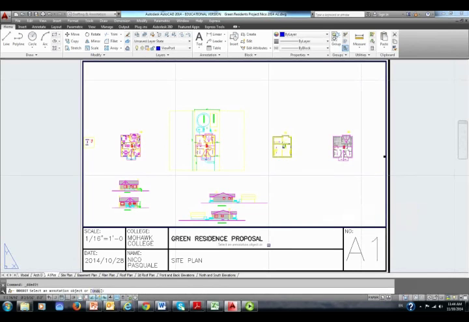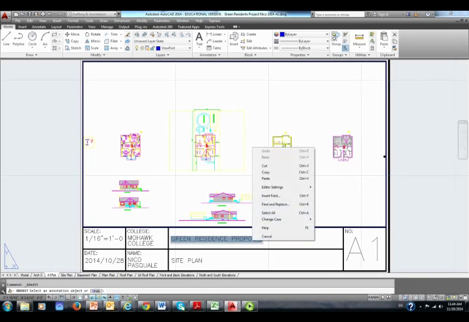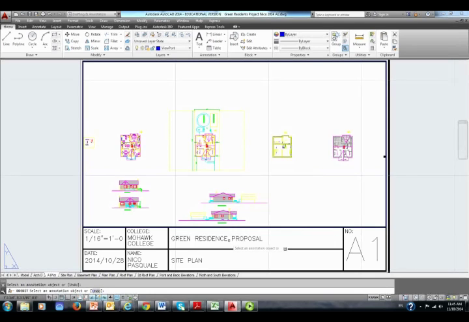I am going to say green residence proposal. I see that Nico has not used the instruction in making the single line text to fit. So we can change it, but we can't make it fit. So let me say, let's try it. If I go to not edit, but if I pick this text,